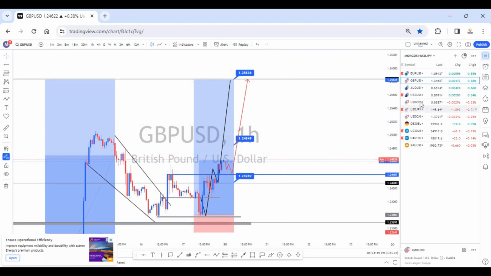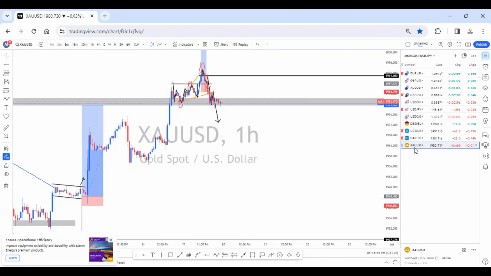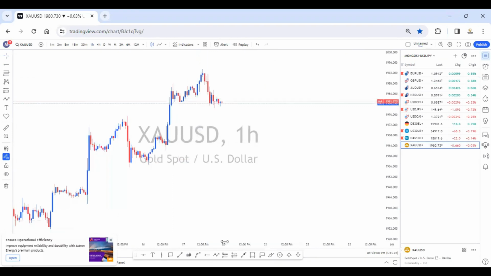Let's just pass. And before I pass, let me just take the gold, because gold was doing something else. I realized later, so I just cleaned the analysis and started from scratch on the gold. Then after I'm done with the gold, I'll take two currency pairs from you guys. So I'll start analyzing the gold